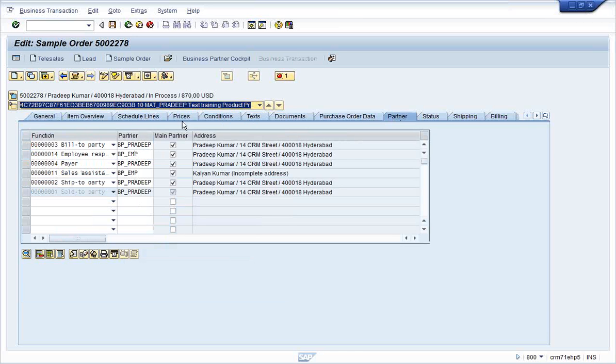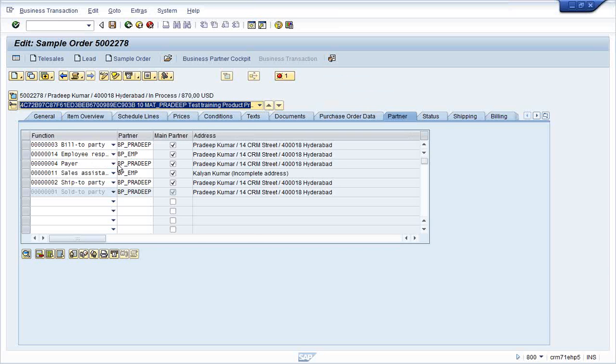Why does the item also have partners? Because say there is a scenario, you are placing an order, you are the sold party. I am placing an order on behalf of my company, but when I am placing an order, the products should not come to my address, because I am a sales office assistant. I'll be sitting at some location at some branch. I need some raw material from my vendor, I'll place an order. So I want that some of the raw materials which I have placed an order for should go to a certain location, certain plant, and the bill for this should go to certain other office. So I can maintain different partners.